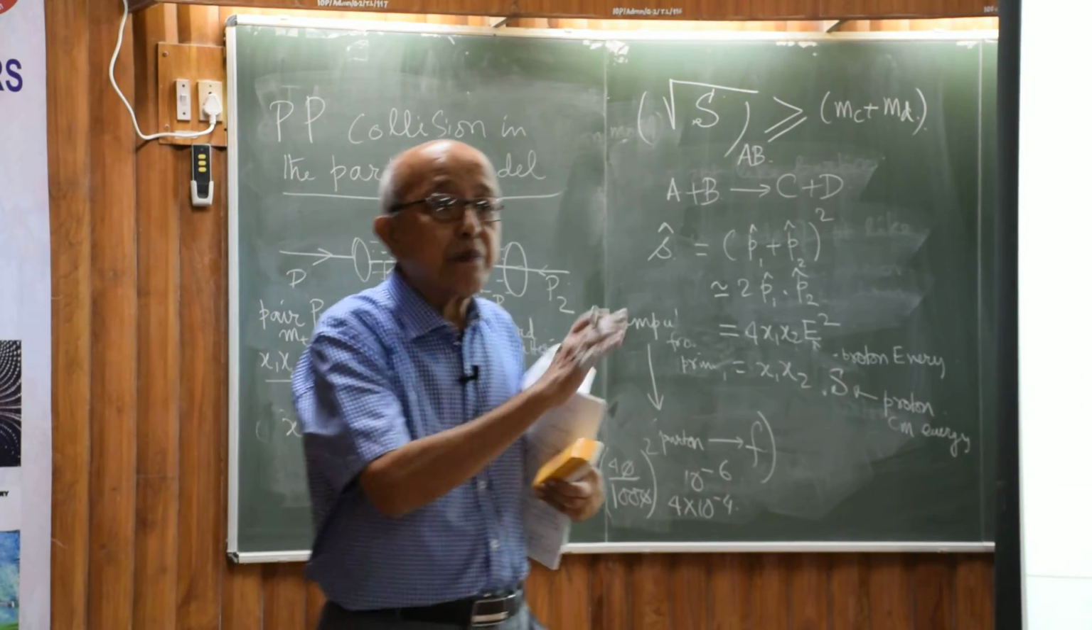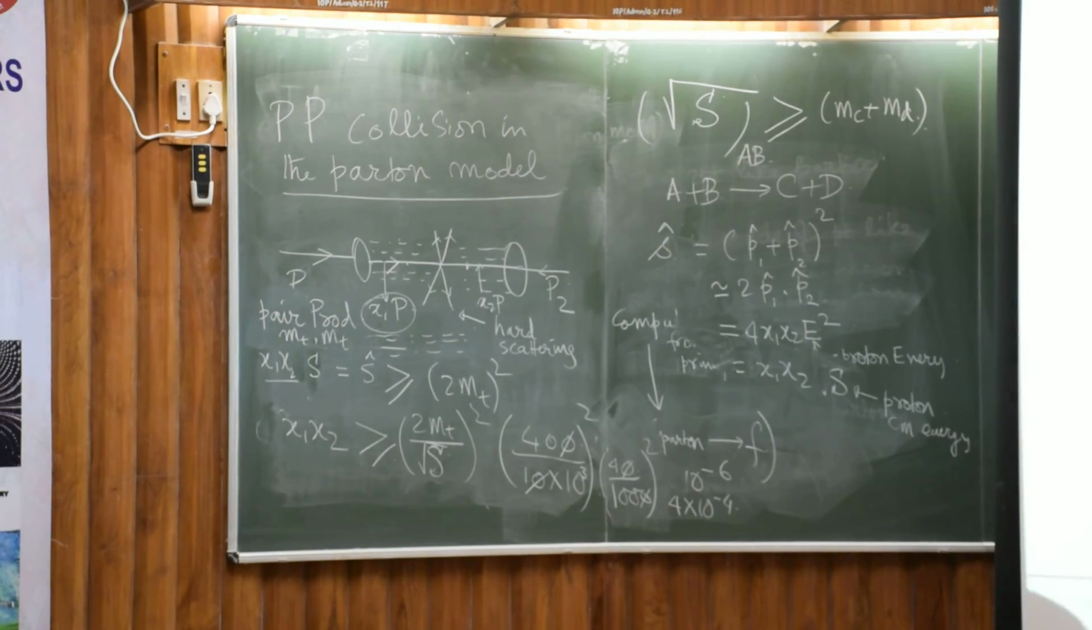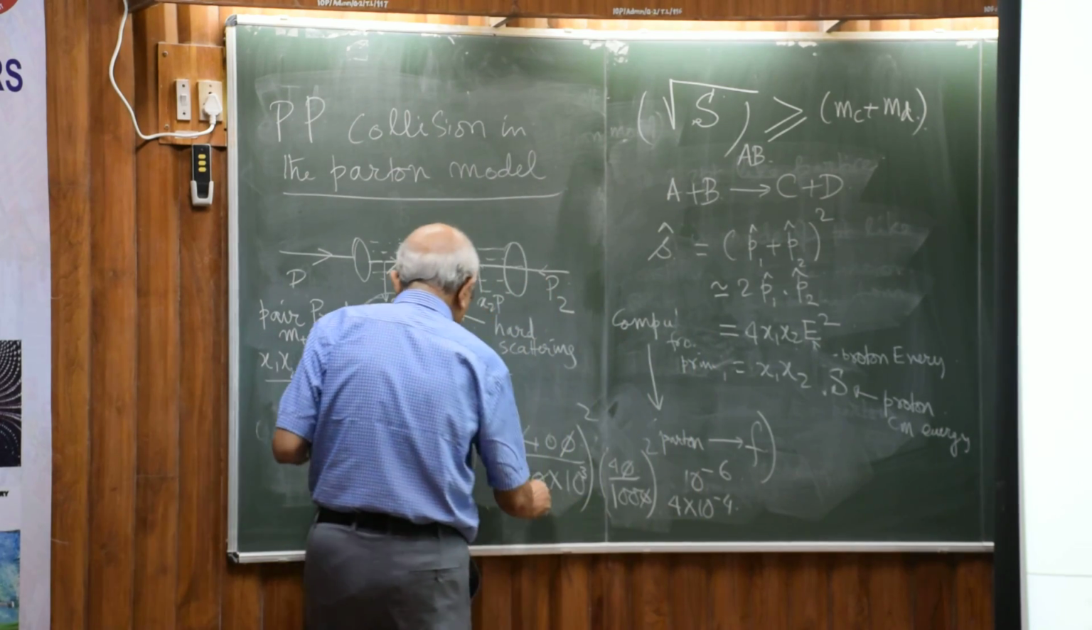So now you see the product of x1 x2 is going to be of the order of 10 to the minus 4. So this is the region where gluons and sea quarks are contributing. This is the reason why LHC is popularly known as a gluon machine, because of the large center of mass energy. Most of the time the